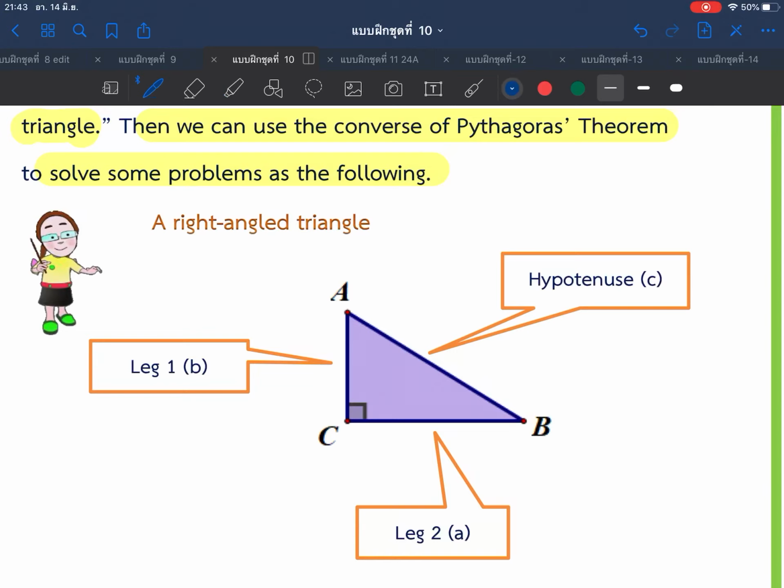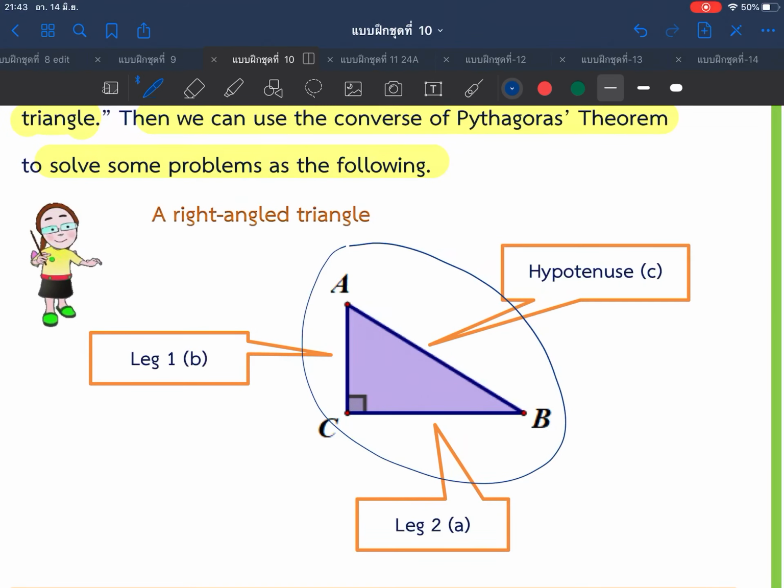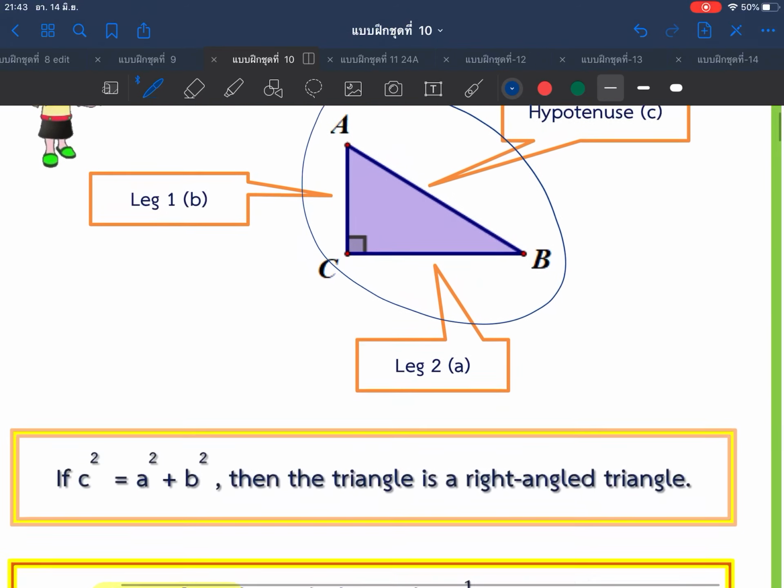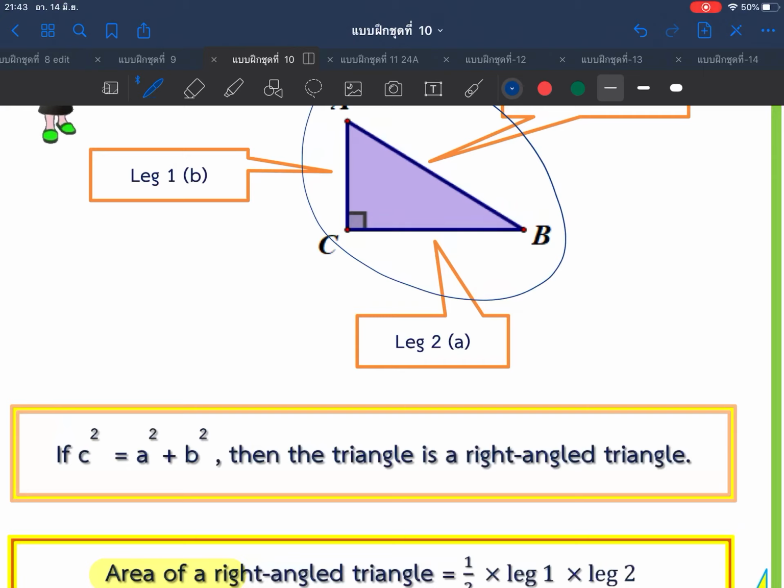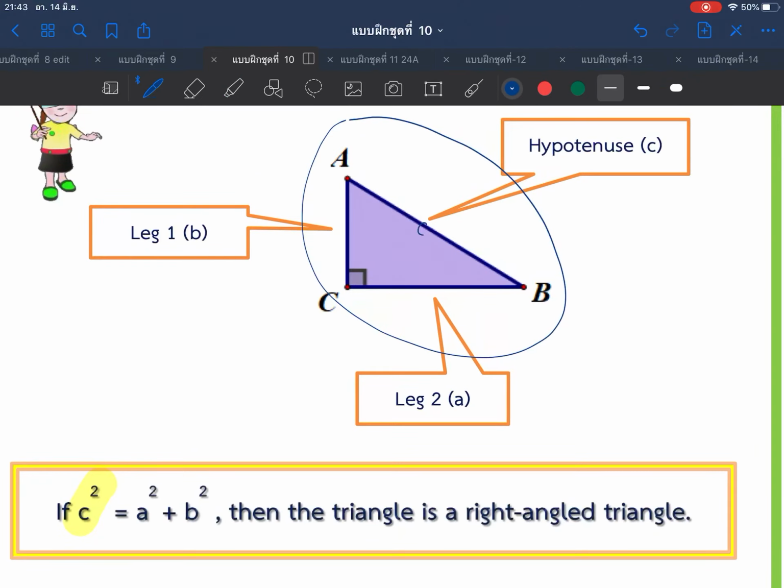If we have any triangle like this, and we prove that it is a right angle triangle by using the property of right triangle, which says that if c square, c means this side, the hypotenuse c, if we take c square and we find that it is equal to the sum of the other two sides each squared, like a square, a is this side, plus b square, b is this side,